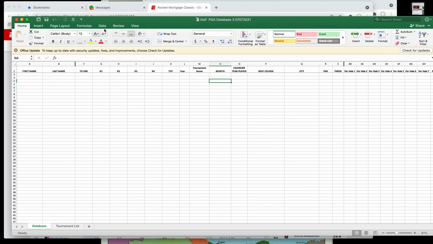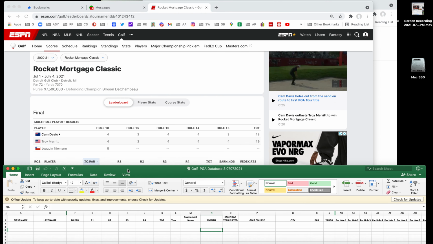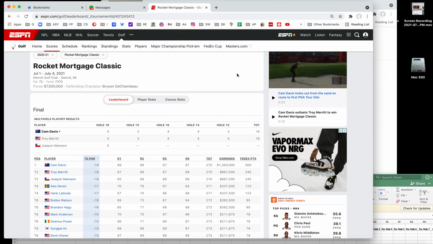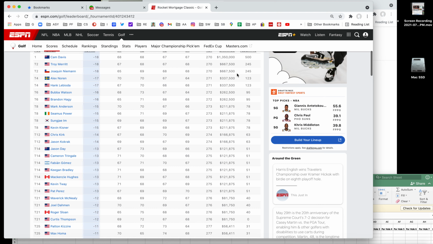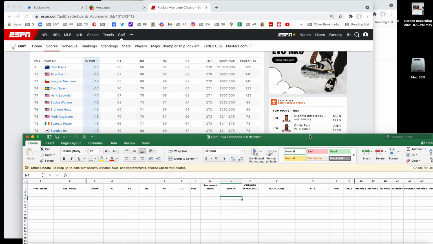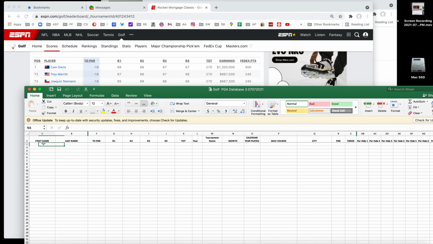Now, if we go to the first guy, we're going to go with Cam Davis, and let's do it like this, a little easier. Cam Davis, we put his name in for the first guy. Cam, boom, Davis, and the first